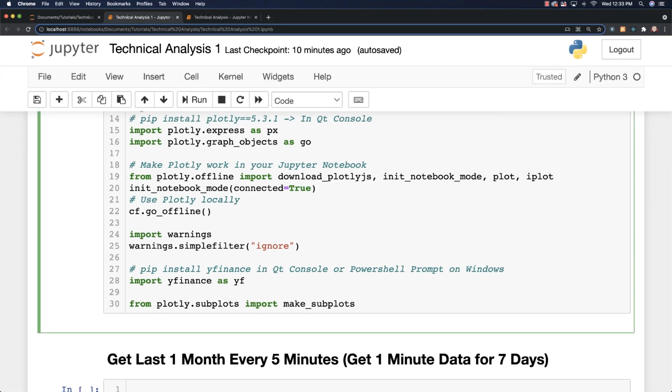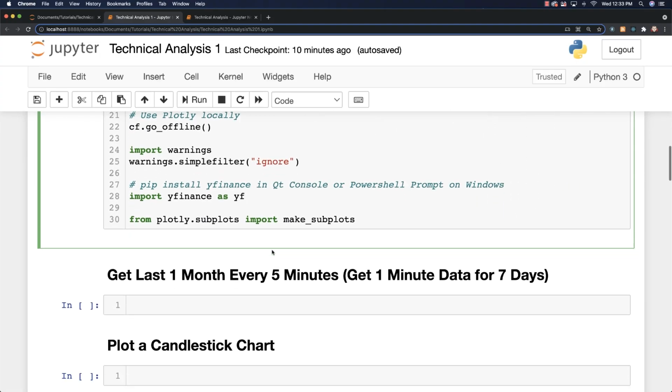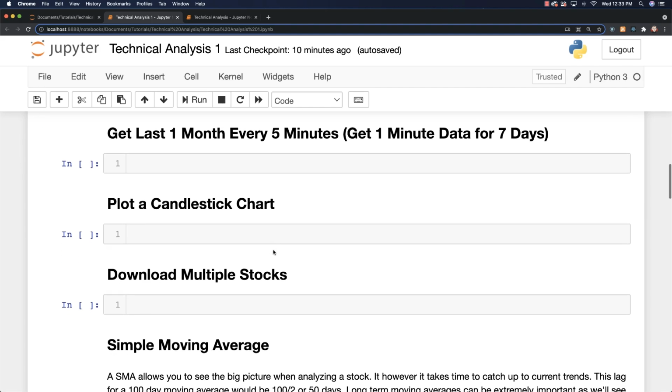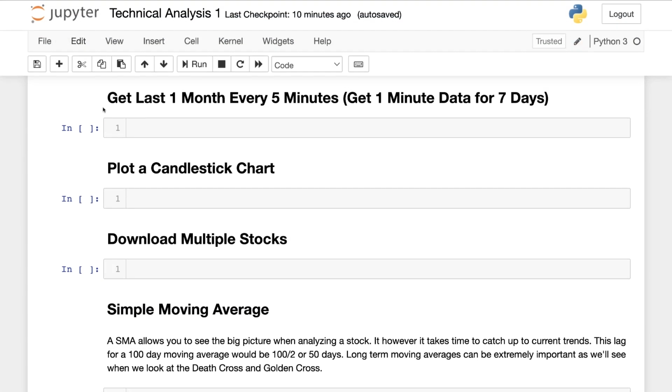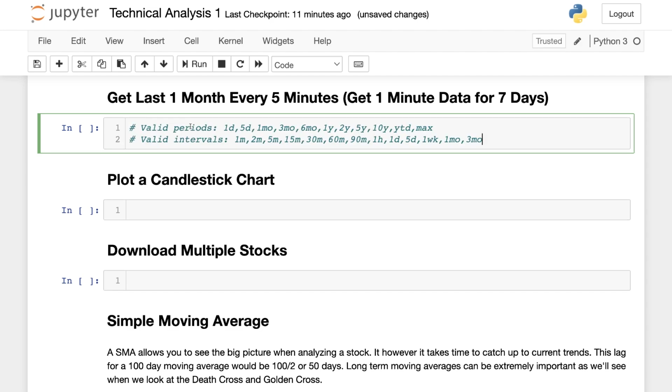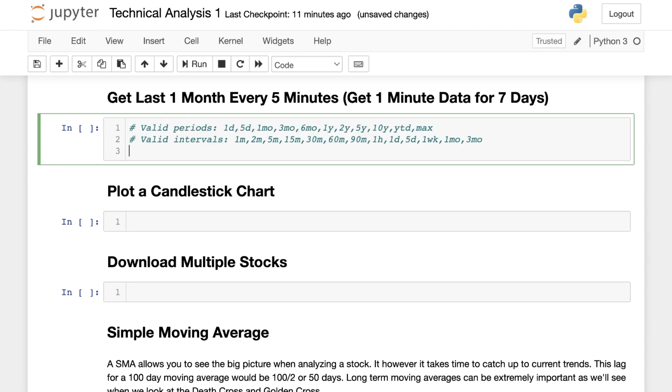All right, so there's all that stuff. These are all libraries and different modules. What I want to do first here is I want to show you how to get different real-time data for the different stocks that you're going to be analyzing. And we're going to be using the Yahoo Finance library to do this. And the only thing you have to pay attention to is there are valid periods for the data that you want to get. So what I'm going to do is I'm going to get Microsoft data,